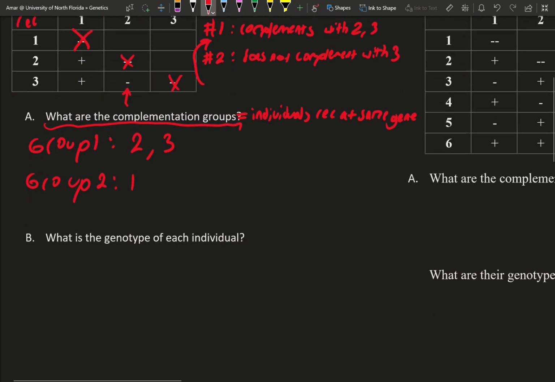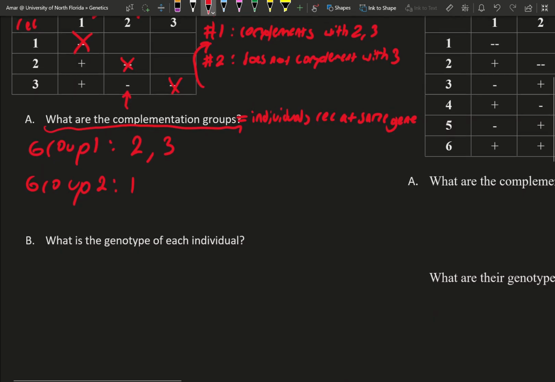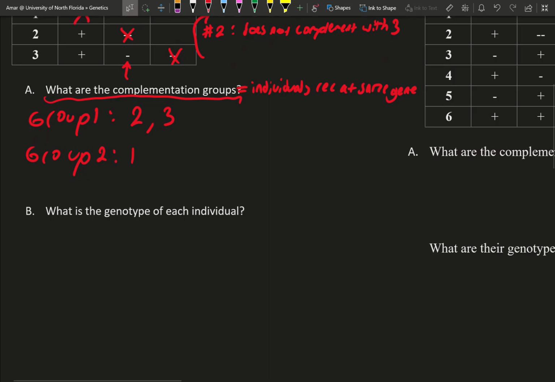Next, you want to look at the genotypes of each individual. For group number 1, because 2 and 3 do not complement with one another when crossed together, they must be recessive at the same gene. These problems are pretty arbitrary in terms of what genotypes you use, so you can use any kind of gene designation you want. So let's say for group number 1, for 2 and 3, they're recessive at the same gene. Let's say they're recessive at a, right? And then group number 2,